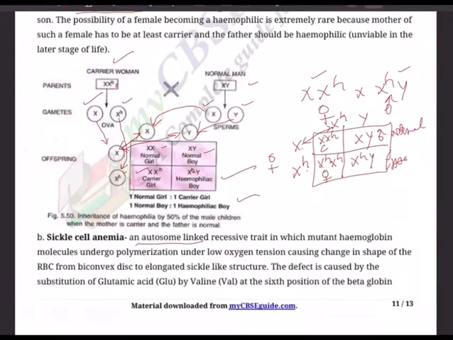Red blood cells undergo polymerization under low oxygen tension, causing a change in the shape of the RBC from a biconvex disc to an elongated sickle-like structure, sickle shape. So the defect is caused by the substitution of glutamic acid by valine at the 6th position of the beta globin